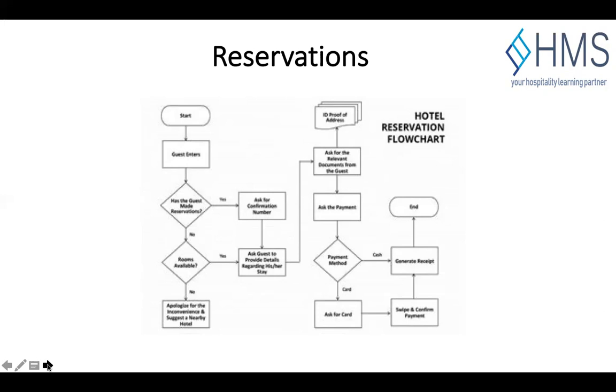So again, if then we ask for the payment method, whether the guest would like to pay by cash or card. If the guest would like to pay by cash, then again generate a receipt for the same. If it's a card, then ask for the guest credit card details upon check-in, and then swipe and confirm payments accordingly. But again, on the contrary, if rooms are not available and if no reservations have been made by guests,